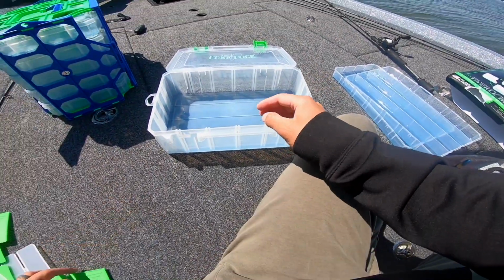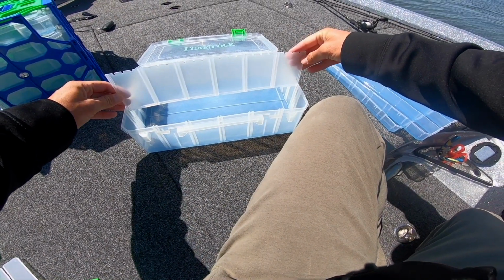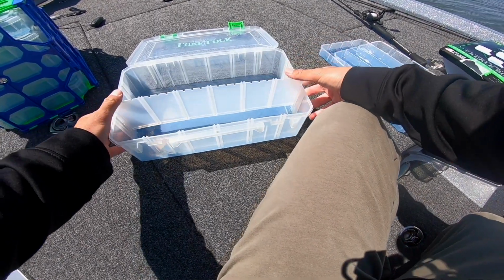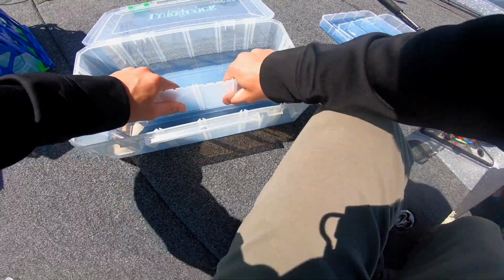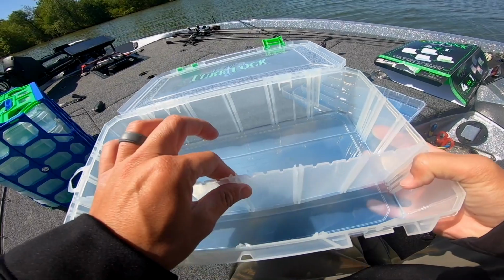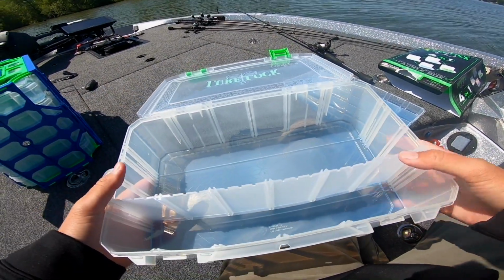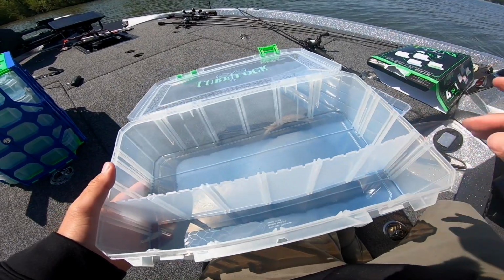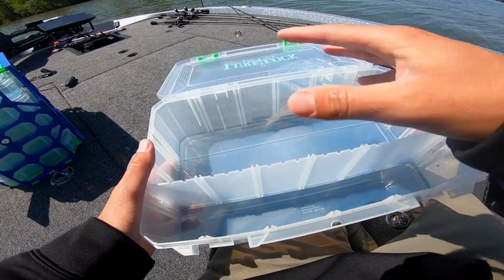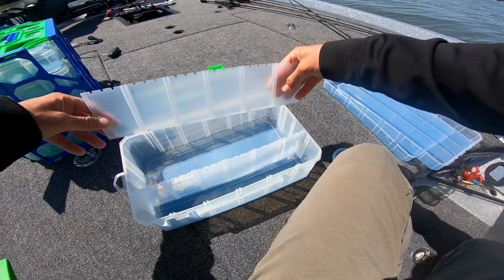But if you want to do something a little bit different, you can use this as a big box, like a big divider. And the cool thing about this Lure Lock one is, and it's probably going to be a little bit hard for me to explain this on the video, but they have different grooves on the sides to put these long dividers, so you can kind of space this out how you want to. So if you wanted to put, I'm just going to guess, packs of hooks over here and then packs of swim baits up here, or however you wanted to do this, you can move this section divider around. But once you put these in